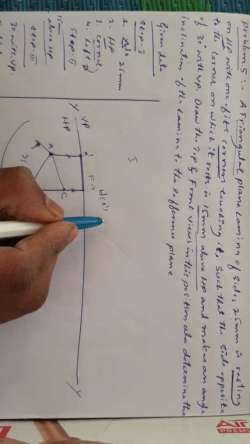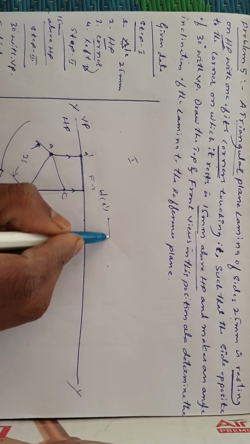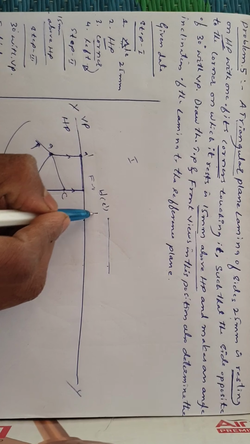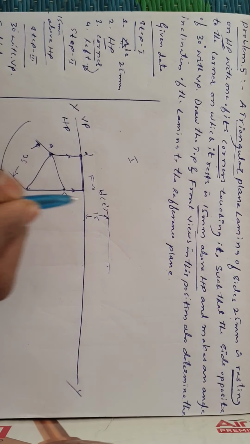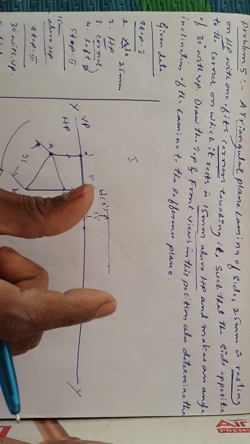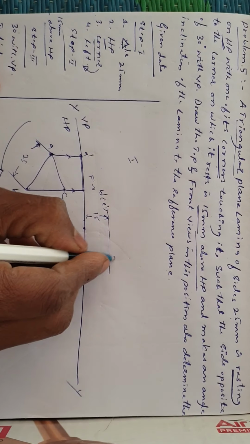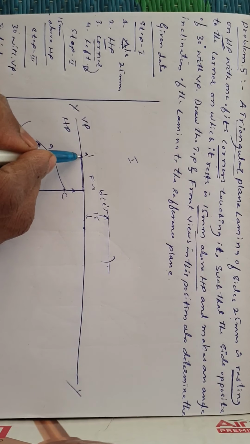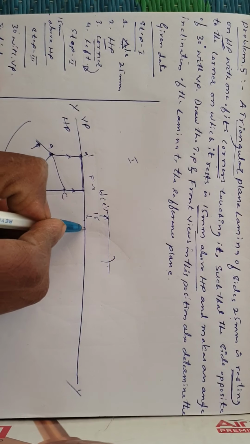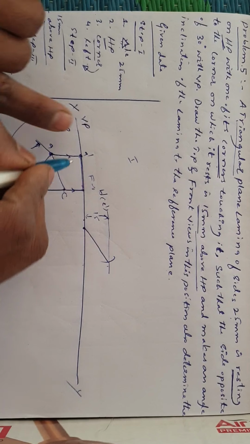For the second step, first mark 15 mm from this point to this point. Draw a line 15 mm away and parallel to the XY line. Now mark a point here. Using a compass, measure the distance from this point to this point, keep the compass at this point and cut it. Measure the distance from this point to this point, keep the compass here and cut it. Wherever it cuts, join a line and transfer the same names.